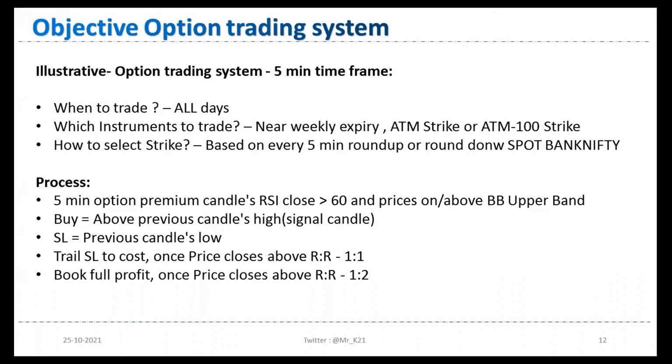For 1:1 and 1:2, I will check every 1-minute close, right? If I check the 1-minute high, then you can get a freak high but fail to book profit, so slippages are very big. To reduce slippages, we will check every 1-minute close. If my close is greater than 1:1, I will trail my stop loss. If the 1-minute close is greater than 1:2, I will book the profit and close the trade, right? Let's see the example now.